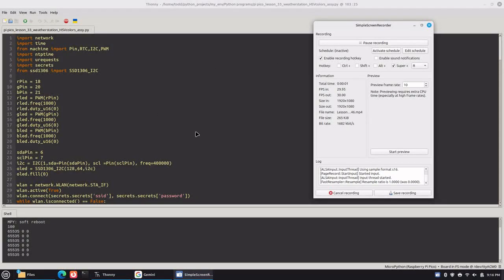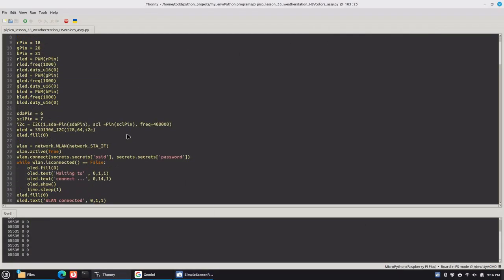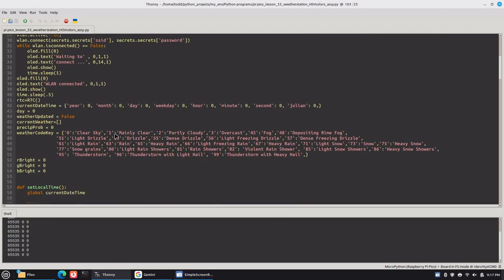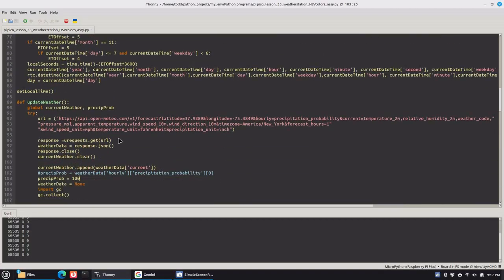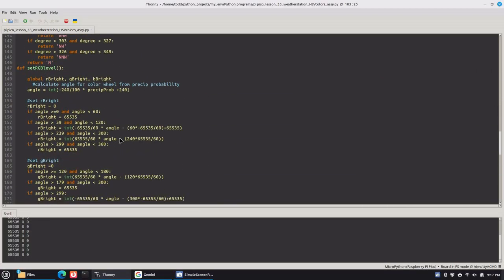So this is the code for lesson 33's assignment with the HSV color wheel. Didn't want to do that, sorry. The program is pretty much identical to the one from my last assignment, with the exception of this function, which